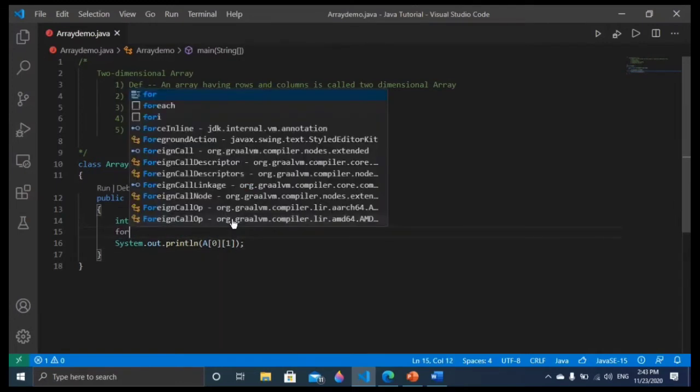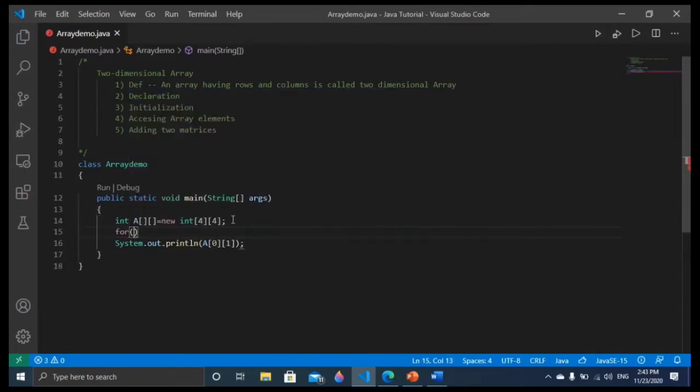We have to use a for loop. For int i is equal to 0, i less than, and here the array size is 4, meaning the row is 4, so here we have to give 4, and then i plus plus. So first for row, and one more we have to give here for column, because we have a row and column.